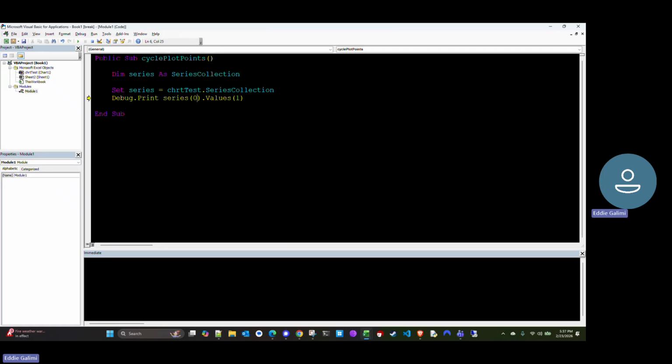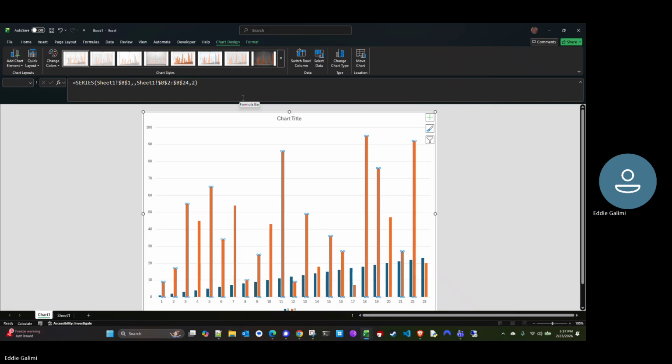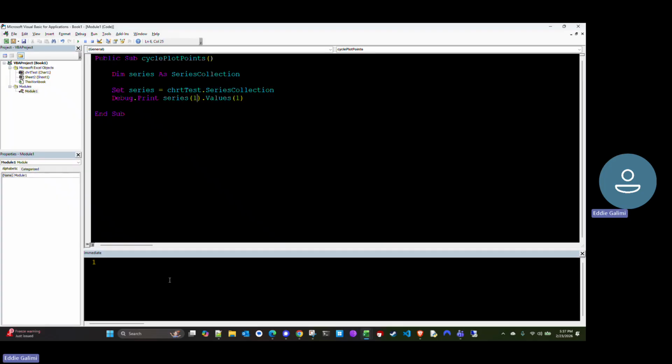Not sure if the index starts at... yeah, it's all right. So the index starts at 1. This is the first series object, and the first value, I guess. Let's see if that's right. Yeah, so it's 1. So this is the x-axis. So 2 should be 2. Yep, so on and so forth. All right, so now what we need is